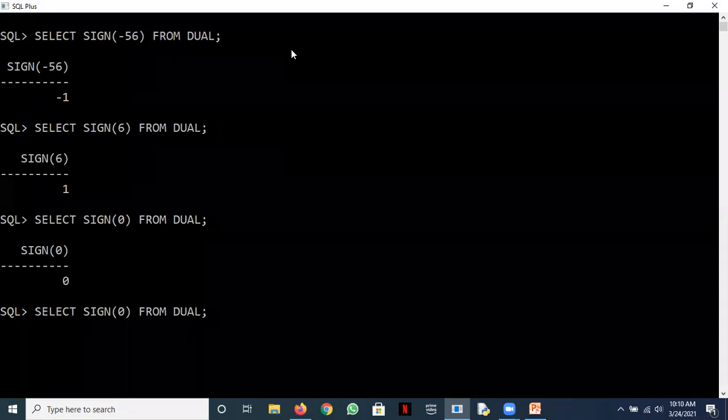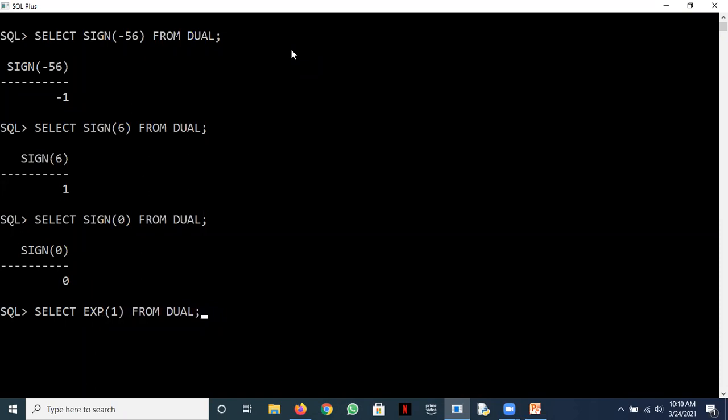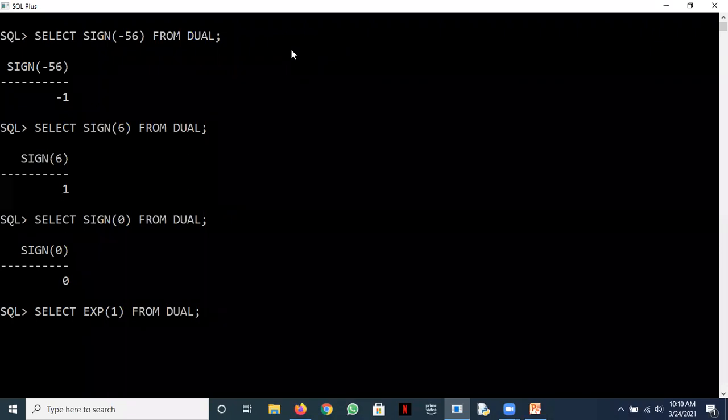Then another one could be the exp function here. Can somebody predict an answer for this? I'm waiting for an answer from your side. Raise your hands, I'll ask you. What is the exponential function exp(1)? If somebody has tried, you can just raise your hands.